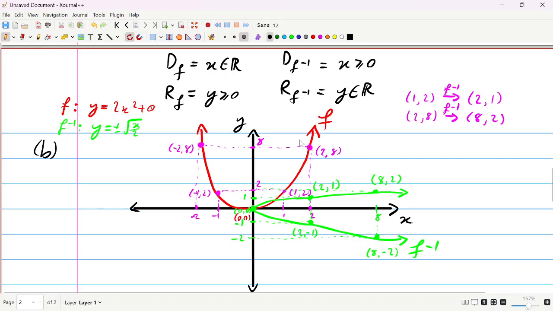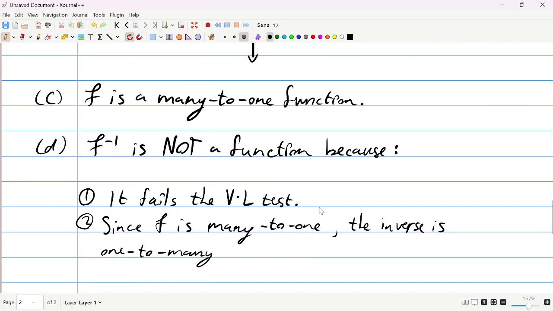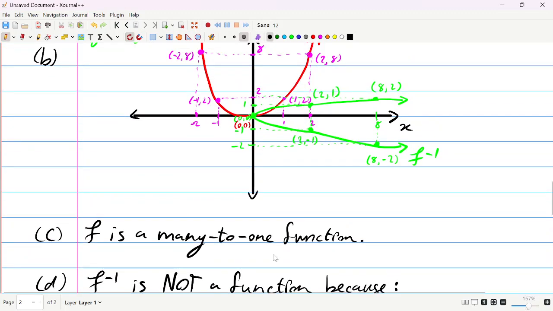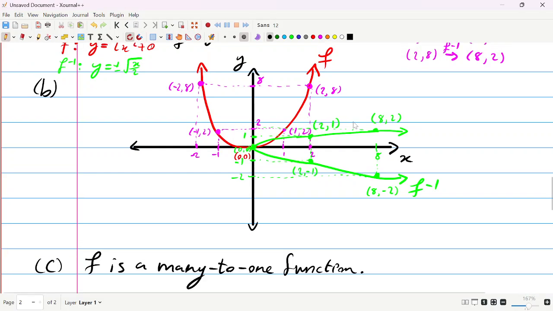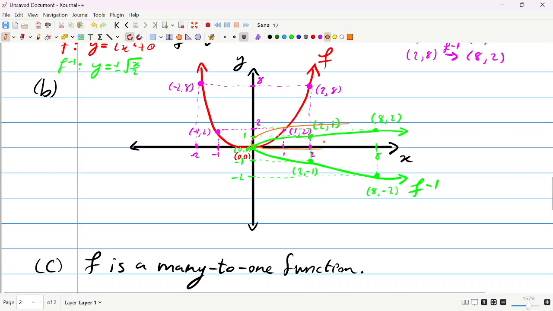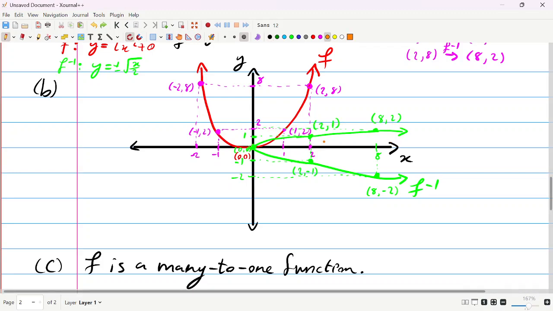We need to restrict the domain of the original function, and then the output for the inverse must be a function. So how is that going to be true? In this case, what makes the inverse not a function? It is one to many, because for one input, which is x, it gives two different y values. So it's not a function. Meaning we need to find a way to get rid of a portion such as this arm, or we could get rid of this bottom arm,